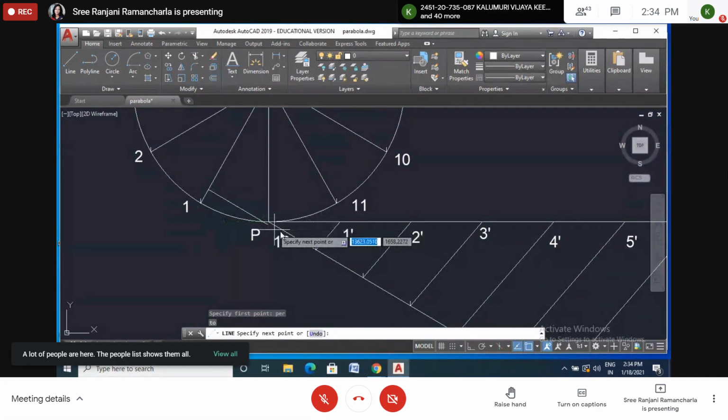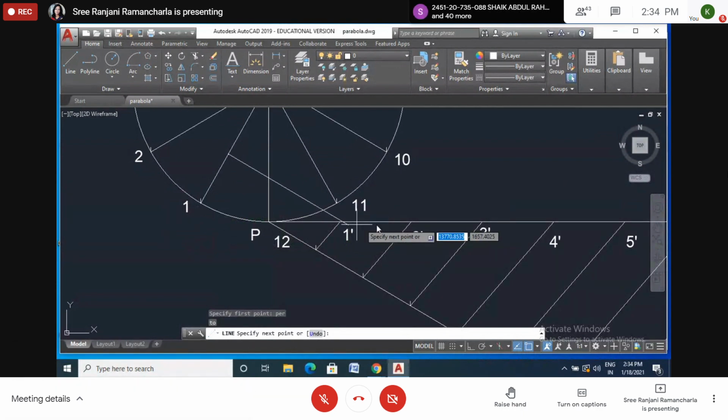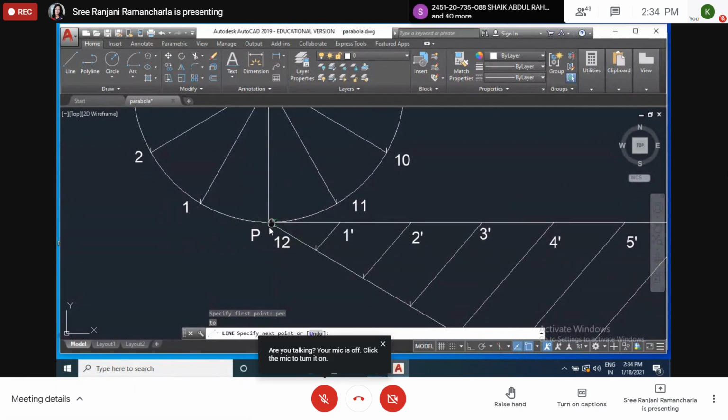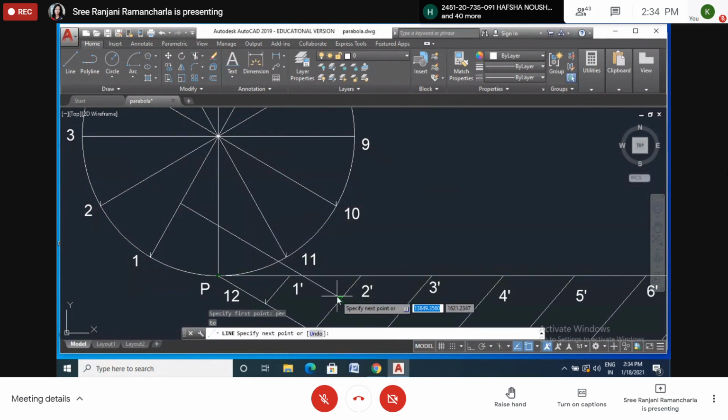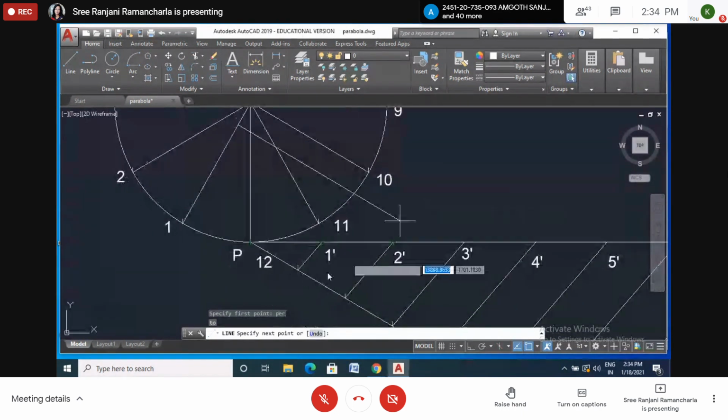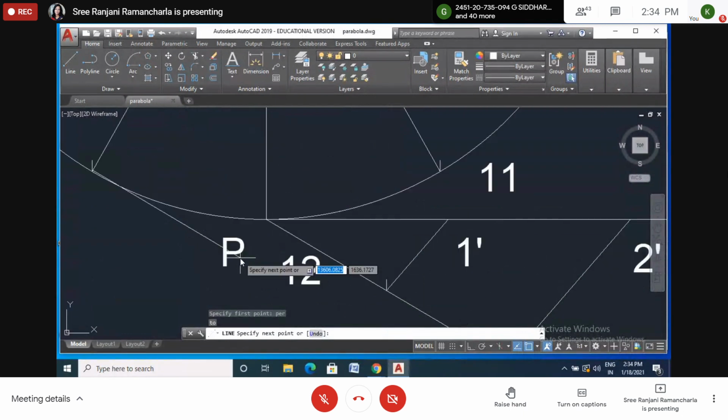Each curve is equal to each length, because this is a circle divided into 12 parts, and this is equal to the length of the circumference of the circle. Here I made it 12 parts, here also 12 parts. So 1/12 of the curve is equal to 1/12 of this length. From here draw the perpendicular, approximately equal to this length, not required exactly.